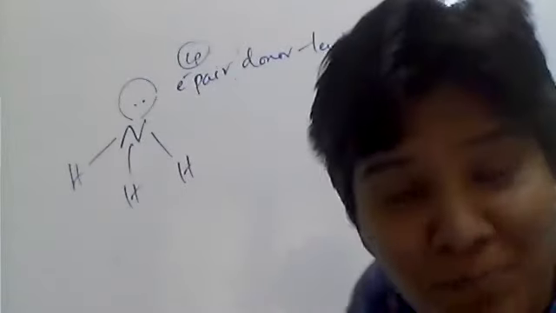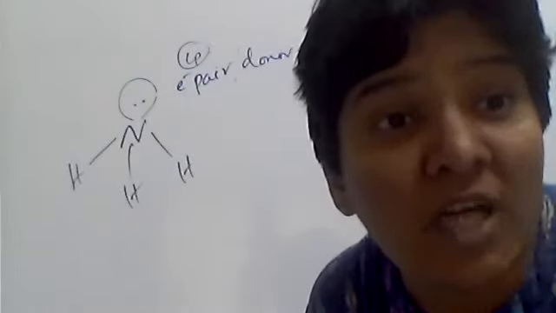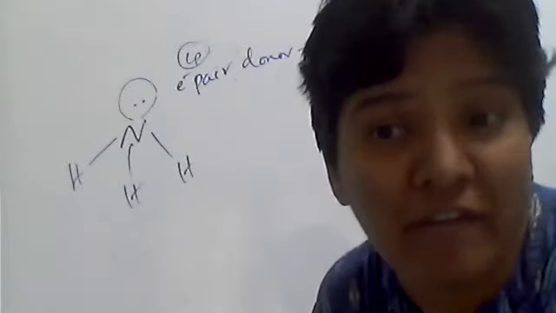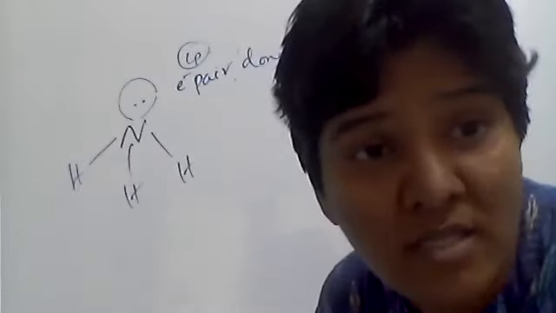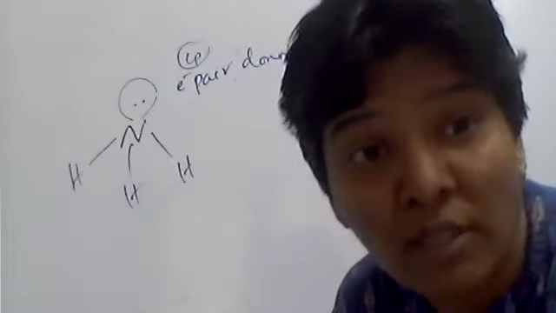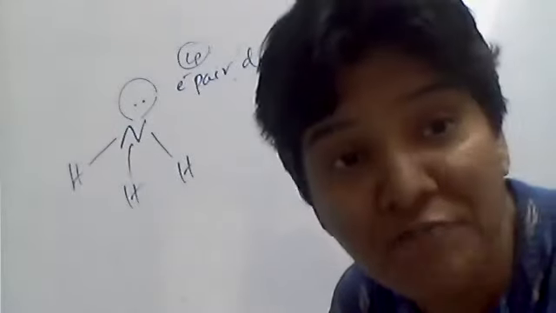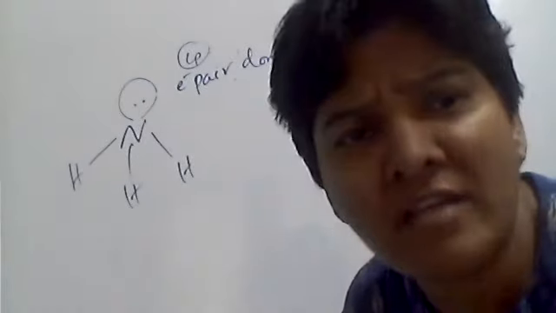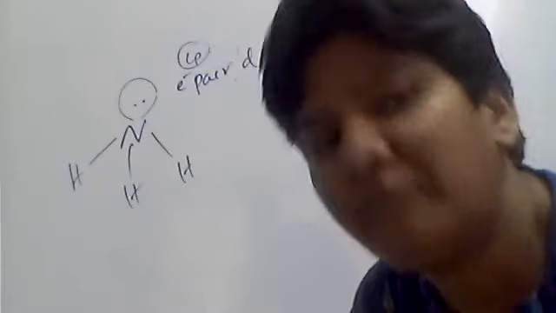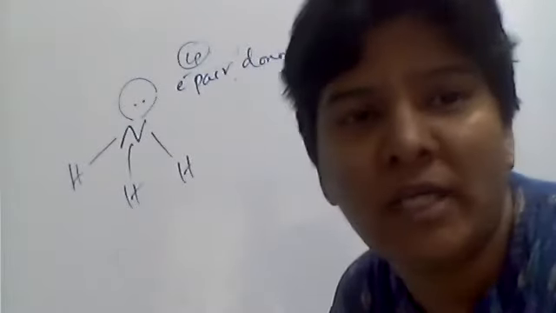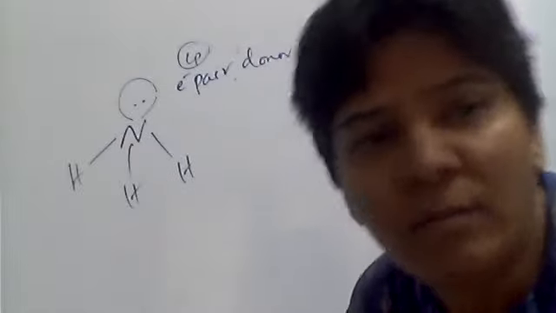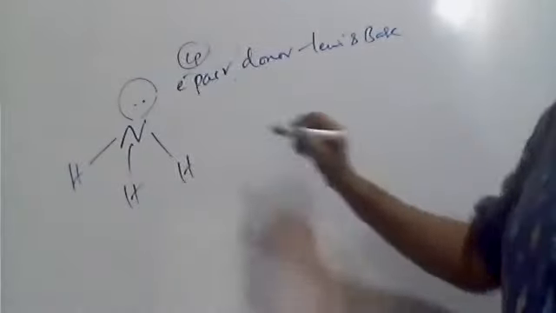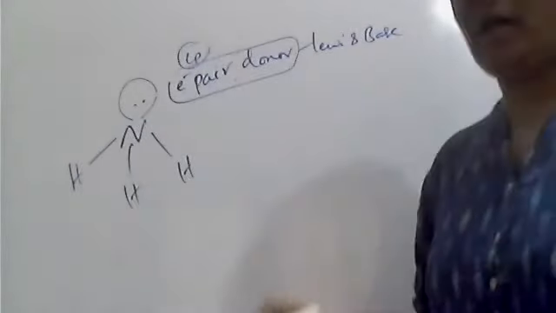Whereas according to Bronsted-Lowry acid-base theory, two scientists are there, ammonia is amphoteric. You know what is amphoteric? Which can act as both acid and base. Different people propose different theories, so different molecules react differently. So here, according to Lewis acid-base theory, it is an electron pair donor, a Lewis base.